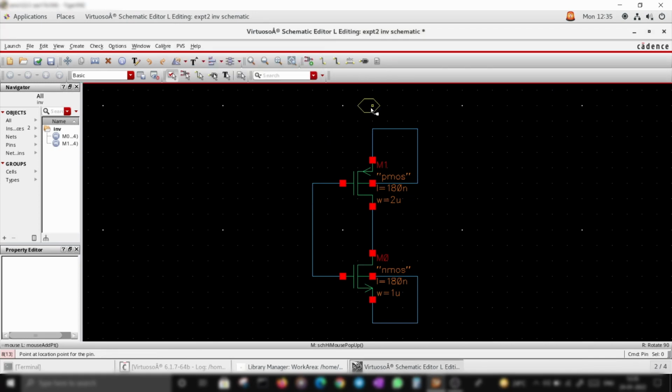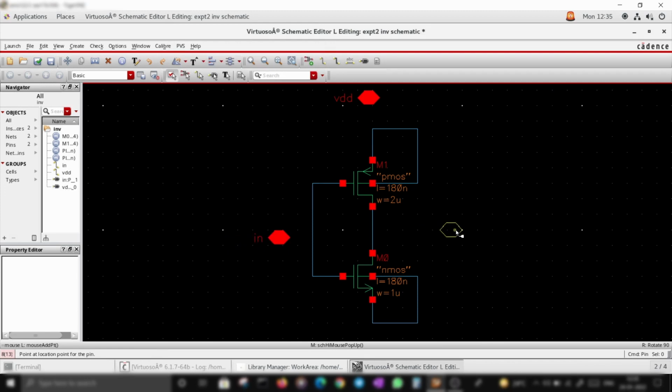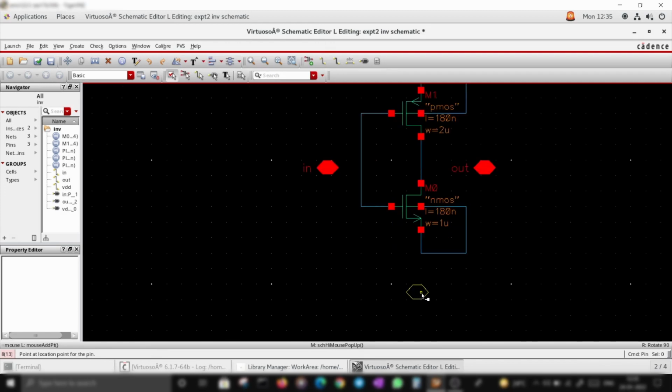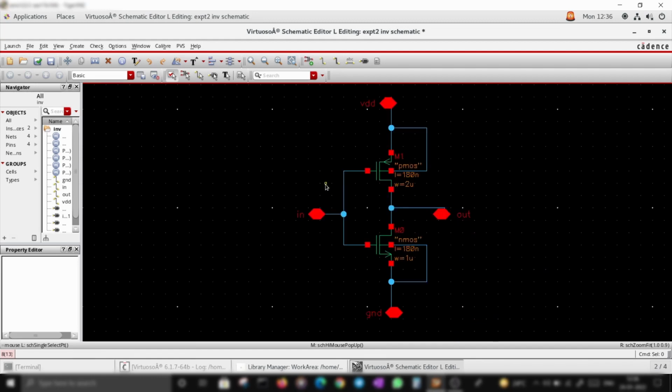VDD, in, out, GND. Yes, my schematic for the inverter is done.